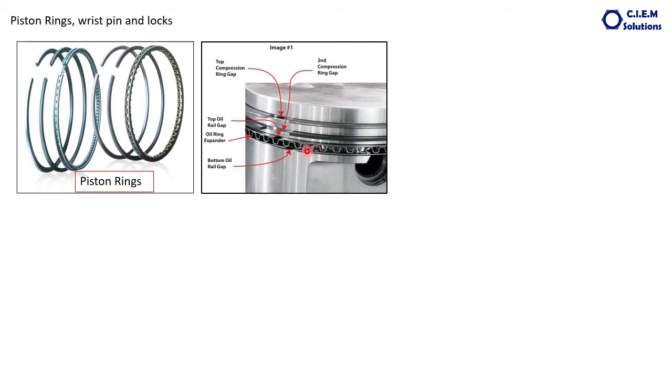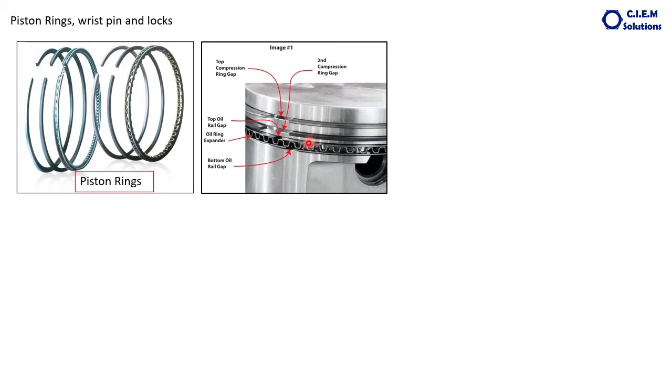The bottom one is the oil scraper ring. We can see two types of oil scraper ring. This is the scraper ring with two flat rings, upper and bottom, maintained with a middle spring. It is actually called the oil ring expander. It keeps both the upper and bottom rings at a distance. So this is the oil scraper ring, and this one is called the intermediate ring.